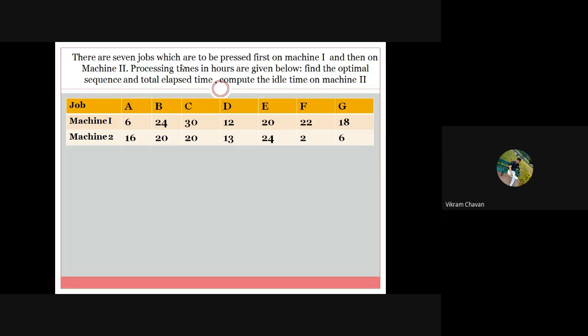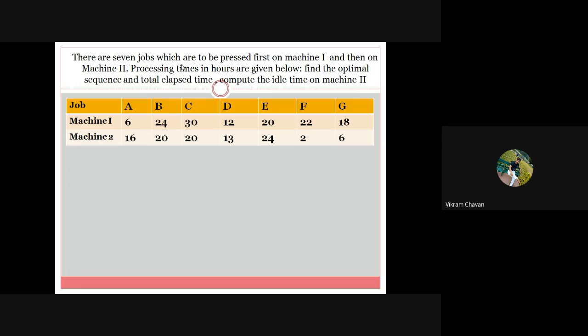Okay, so make 3 rows and 8 columns. In the first column, write job, machine number 1, machine 2. Then the jobs are numbered A, B, C, D, E, F, G, and their machine 1 timing and machine 2 timing are provided. Job A has 6 hours of machine time on machine 1 and 16 hours of processing time